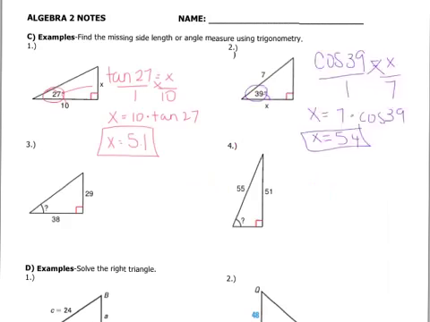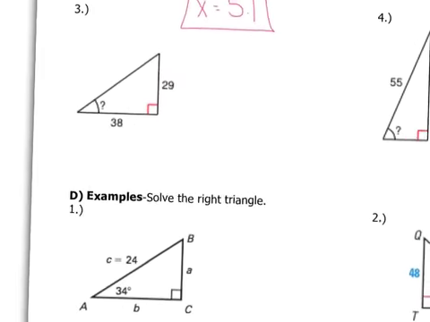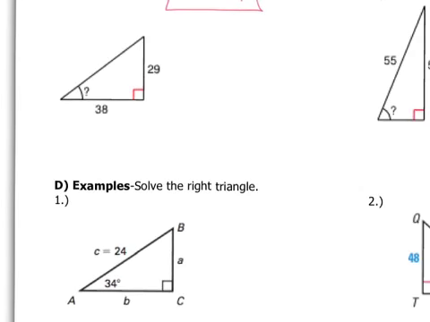Go ahead and look at how we would find angle measures. Kelly mentioned earlier the to the -1, the inverse trig, that is what we use to find angle measures. Same type of thing to get us started. With respect to the angle that we're looking for, what sides are we given? Opposite and adjacent, which is what ratio? So tangent,